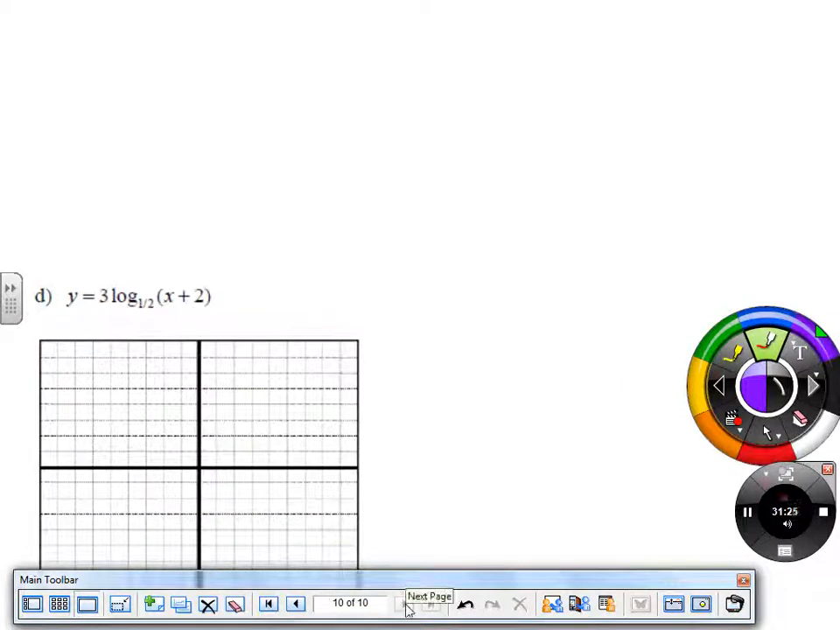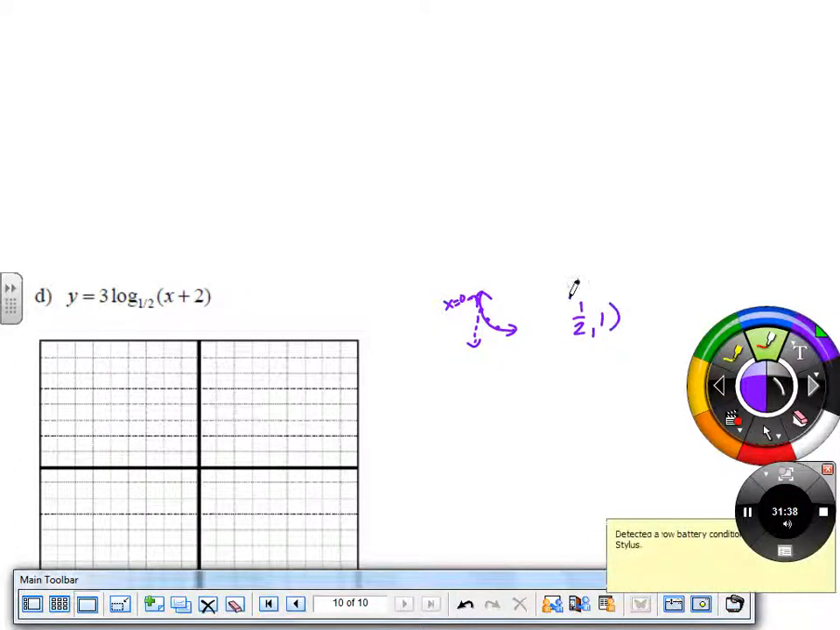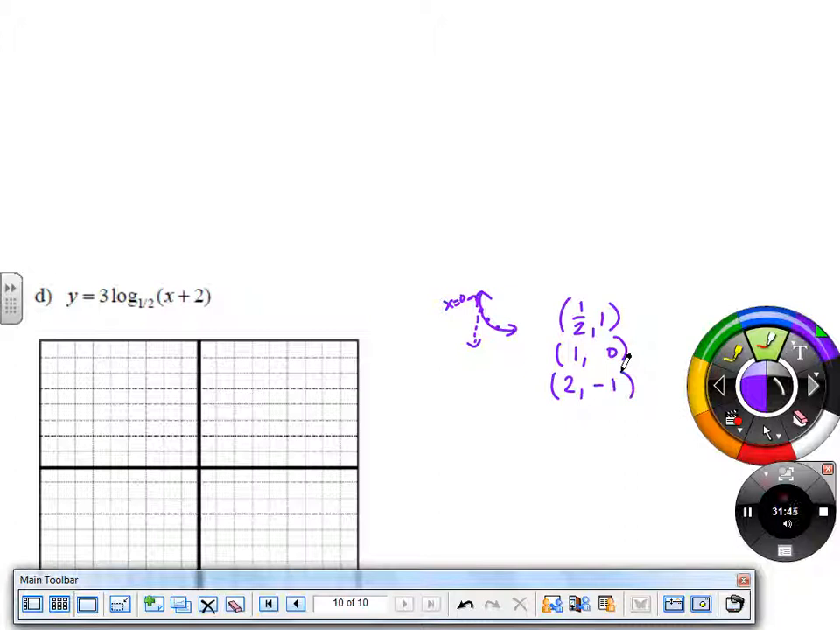Okay, so a little reminder that we start with our asymptote at x equals 0, and that this time we had 3 points kind of oriented like this. And those 3 points were 1/2, 1, 1, 0, and 2, negative 1. So here, there's 2 transformations happening. Here's our horizontal transformation, which is to move the graph left 2. And then here is our vertical transformation, which is a vertical stretch